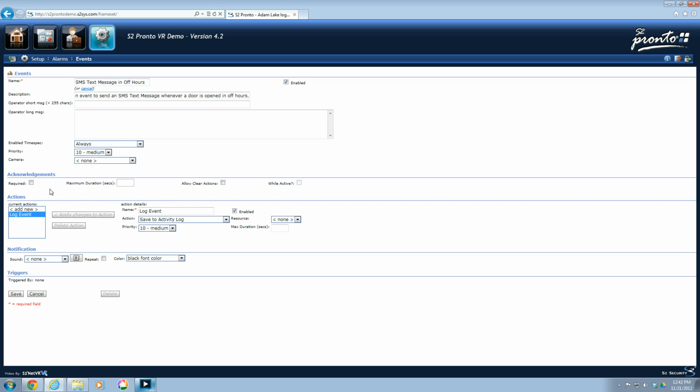Acknowledgements are demonstrated in the auto monitor window. If events are required to be acknowledged, and what the duration of that acknowledgement is, and will you allow those actions to be cleared out. In our actions, we're going to create a new action. By default, every action or event that you create, the action will be to save that to the activity log. In this case, we want to create a new action. We'll call it SMS